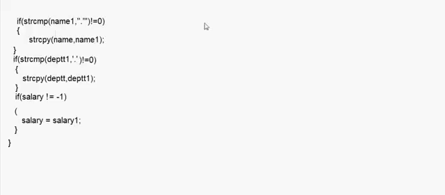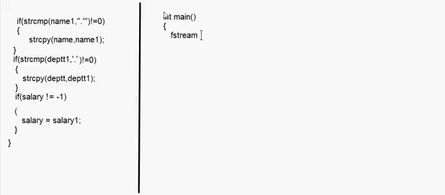Now after the modify function comes here, the class is over, the modify function is also over. Now basically we have to write the main function, right? Now in the main function most of the things that we do are the same. I take an fstream, and here we open a file, supposing I say emp.dat, and this file is opened in both input as well as output mode, right? Okay,